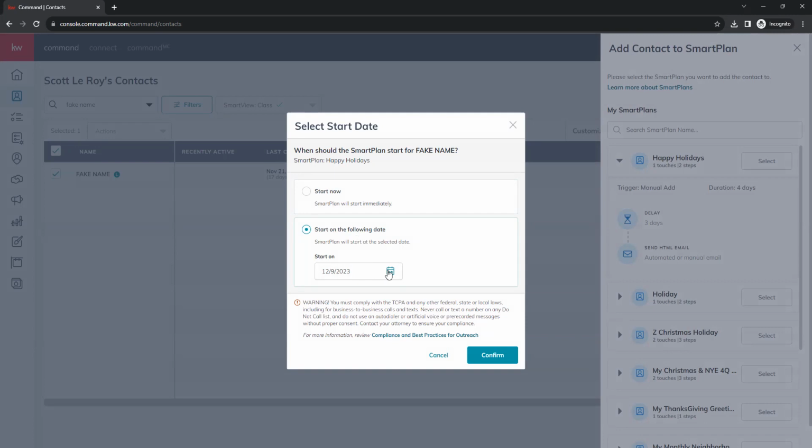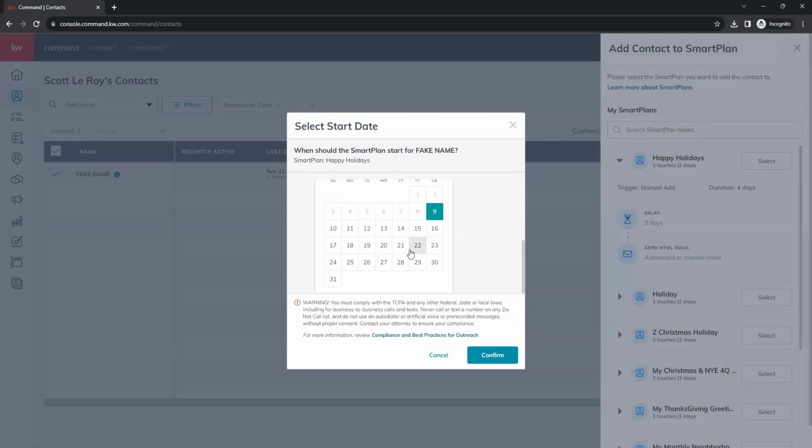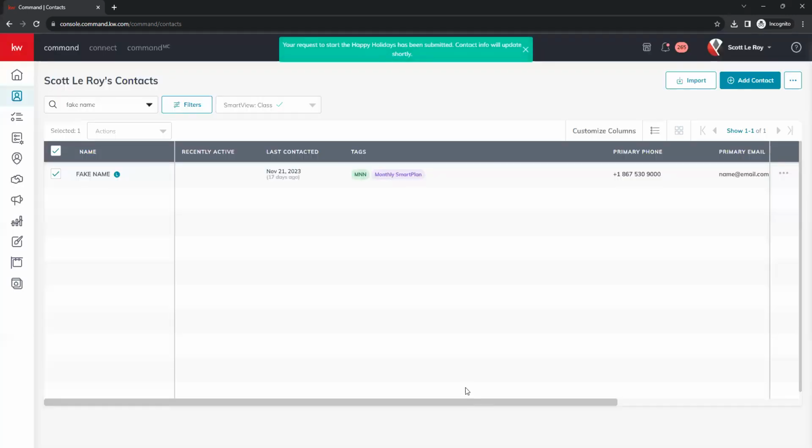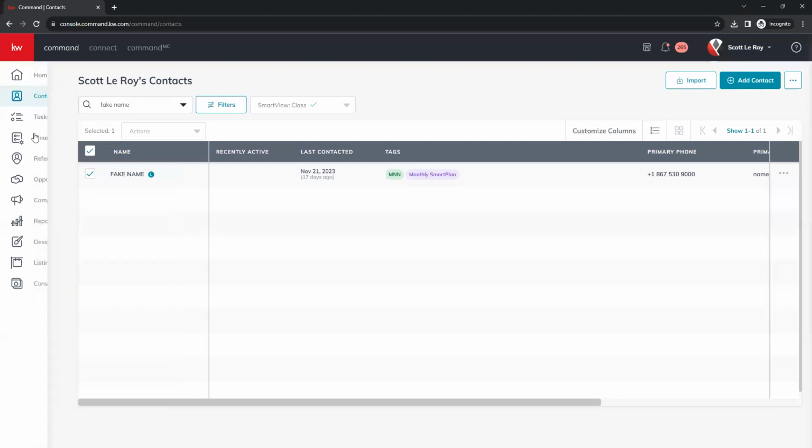So we can go ahead and select a date here. So we'll say the 22nd. That will allow for our 3-day delay there. And then we can confirm. And that's going to add our contact to our smart plan. So if we go back to our smart plans,